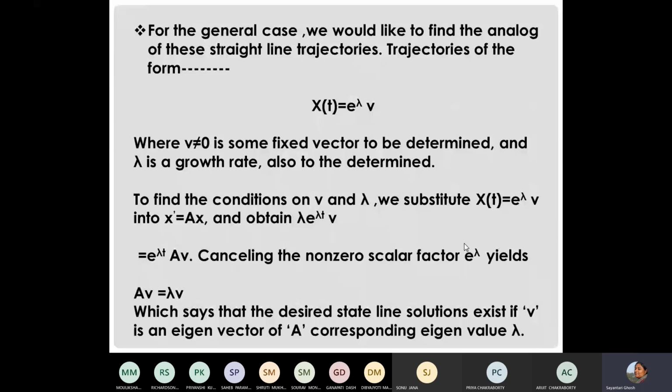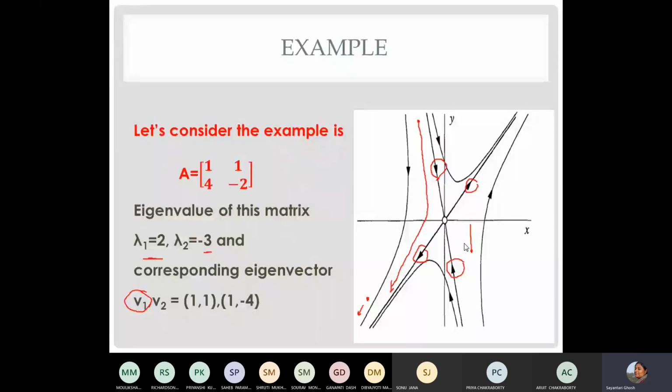Okay, and the most important thing to say here, we have already dealt with lambda positive and lambda negative, right? But there are still 2 cases that can happen, lambda 0 and obviously lambda complex, right? Lambda complex we haven't even considered, but that can happen, right? You have solved so many matrices so far, and you have seen that very simple matrices can give rise to complex eigenvalues, right? What is going to happen there?